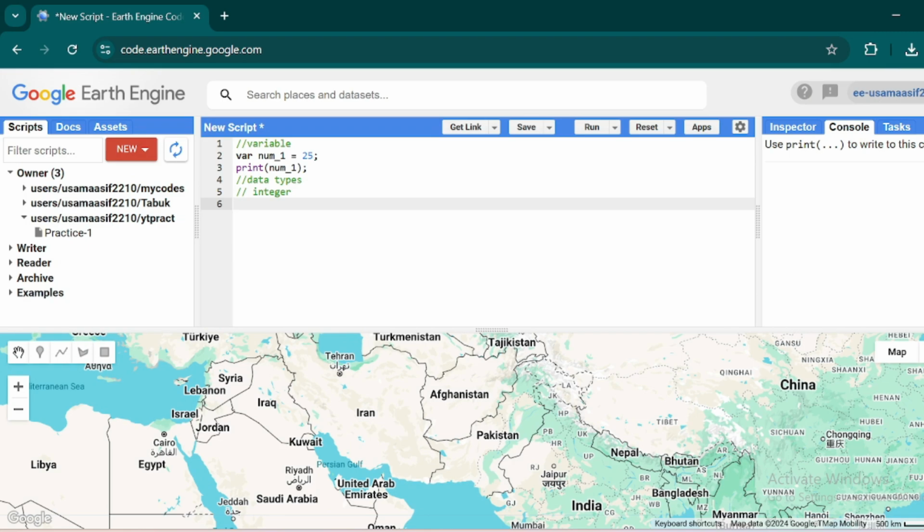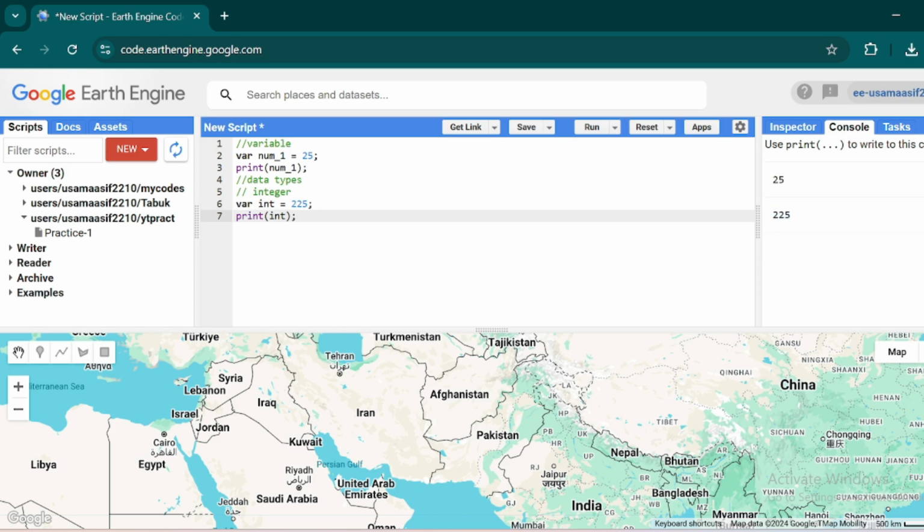Any numerical value or number can be an integer, like var int = 25. Here I just stored a data type that is integer in a variable named int, and if I write print(int), it will print the data that is stored in it.